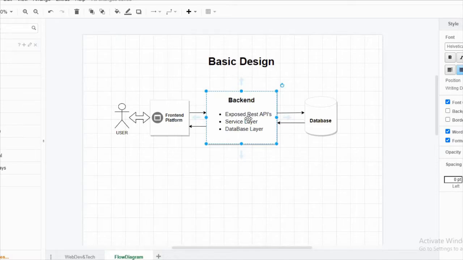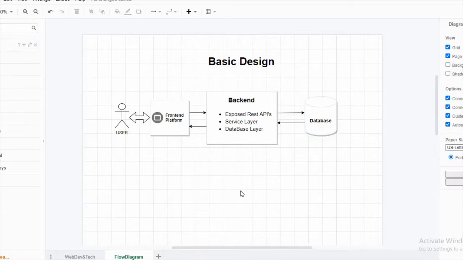The backend in turn, in the service layer, will modify the data according to the needs, according to the tables, and then it will be saved into our database using the database layer. So this is our basic modern day website design. There are so many aspects to it. This is the topmost part, meaning this is how we can design a website.